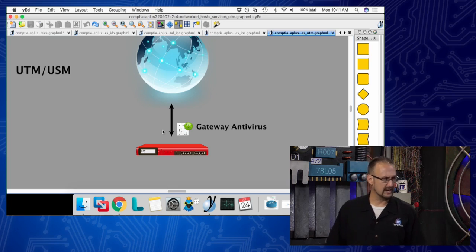So again, keep in mind what a unified threat management device is. The last one they talk about here, ladies and gentlemen, is one that I really don't have a diagram for. This is something known as legacy and embedded systems. So what's the issue with these network host services?